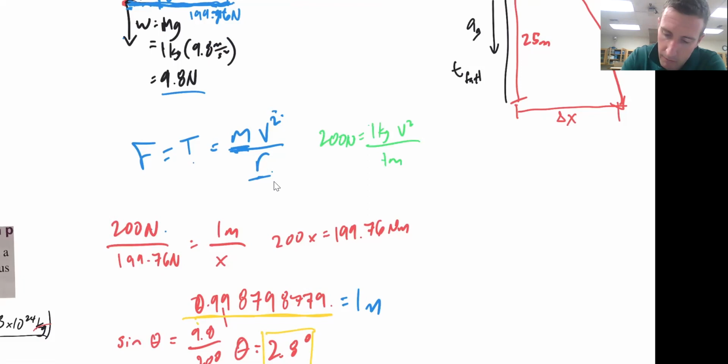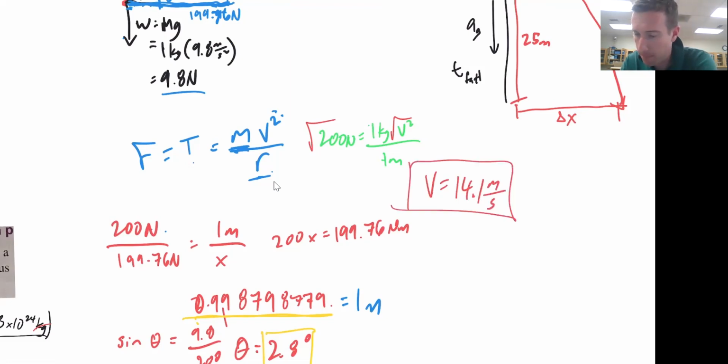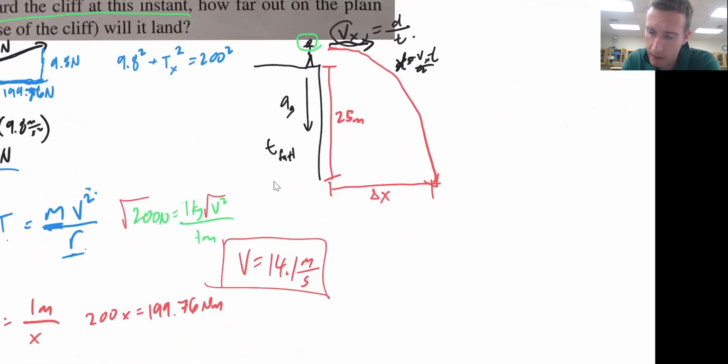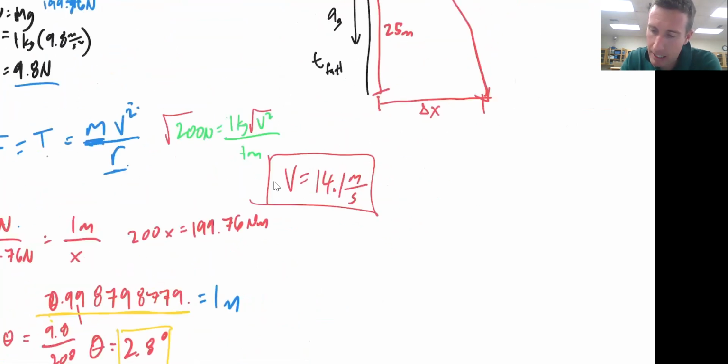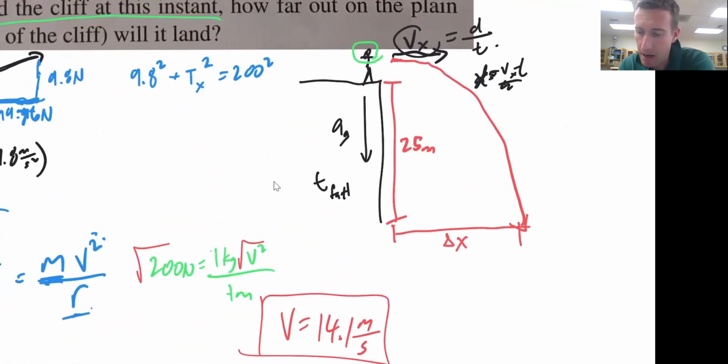Take the square root of both sides. Square root of 200 should be just over 14. And indeed, it is 14.1. So my exit velocity is 14.1 meters per second. Okay. That is my horizontal exit velocity. So now over here, I go back to my diagram, and now I need to figure out the time that